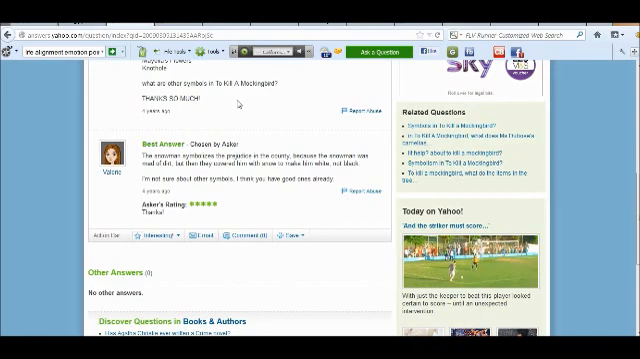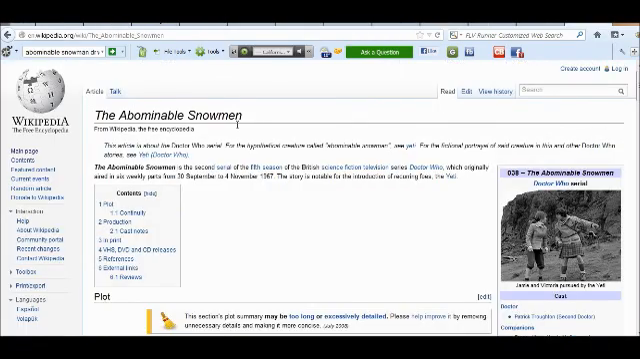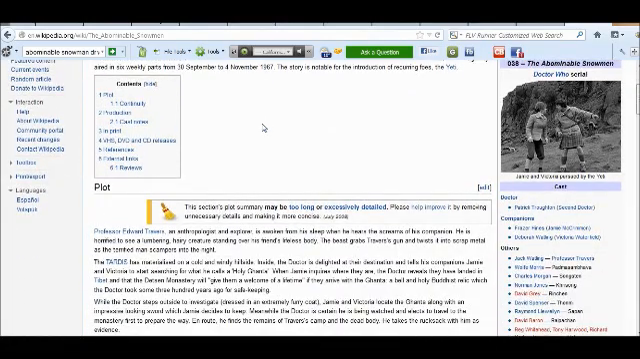I can remember when I was quite small being quite scared of it. It's supposed to be a children's programme, but it is quite scary, because they did this thing about the snowman, the abominable snowman. And okay, so if we go to the abominable snowman here, it tells us about this series that they did